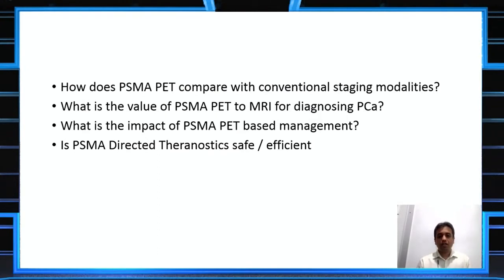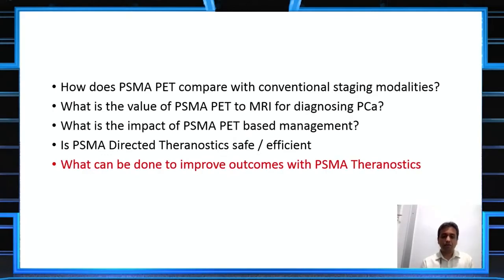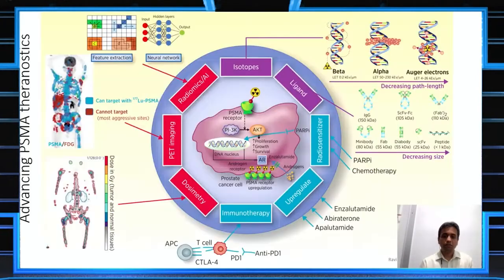So now we have seen the utility in staging for diagnosis and the impact on the management, and we have also seen the evidence with regards to the efficiency of Theranostics based upon the PSMA. Now there are a few more interesting areas which we can look into, such as, is there anything that we can do to improve the outcomes with PSMA Theranostics? This is a very beautiful slide which summarizes the areas of active research